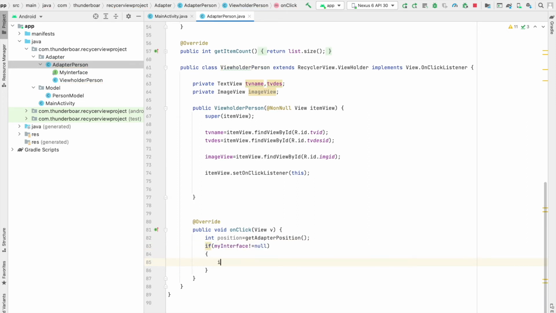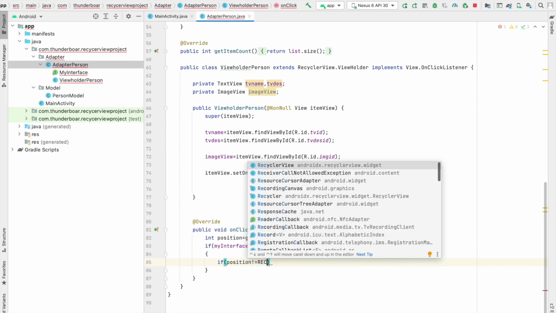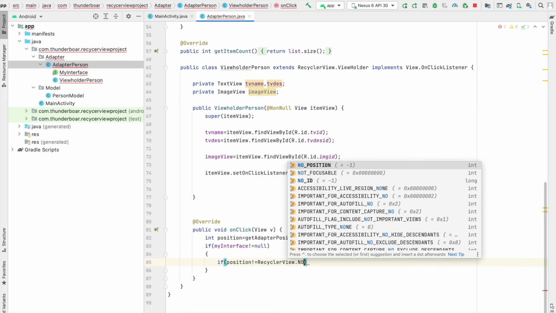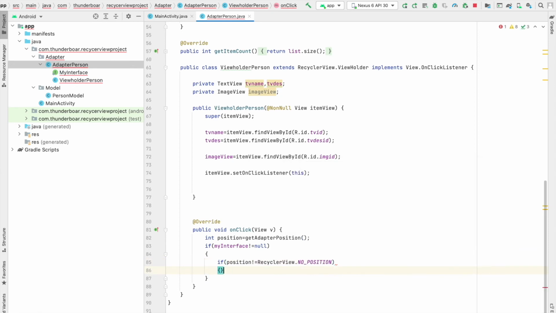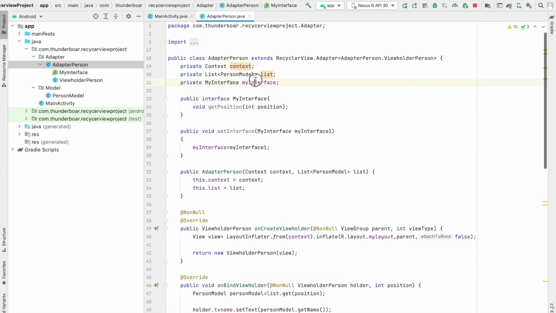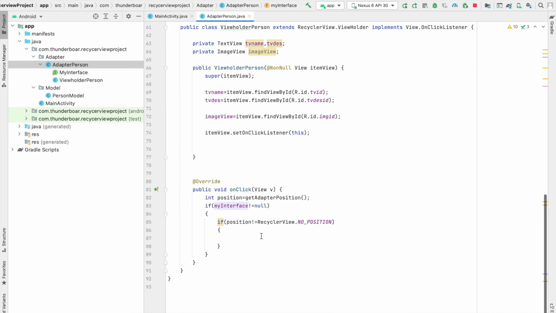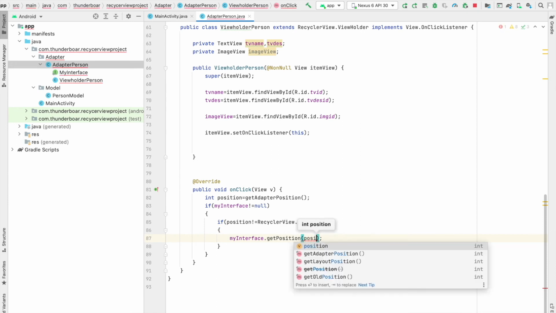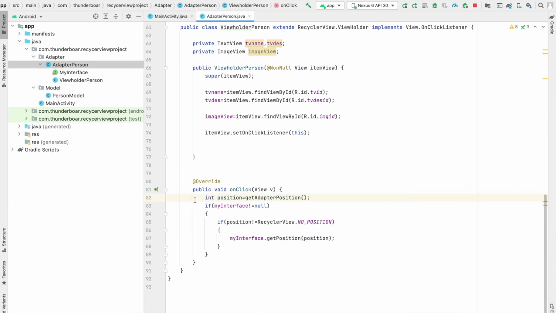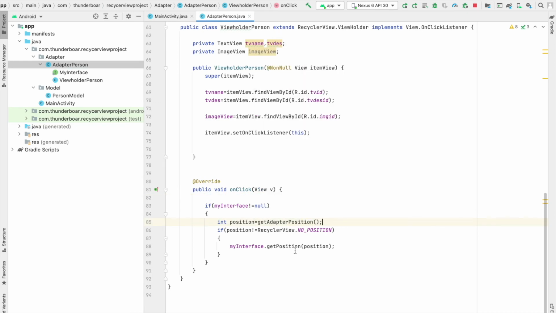Then I check the recycler view position is not equal to RecyclerView.NO_POSITION. Then I have to call this interface. Here I pass the position as the parameter. Actually this getAdapterPosition comes after the custom interface check.